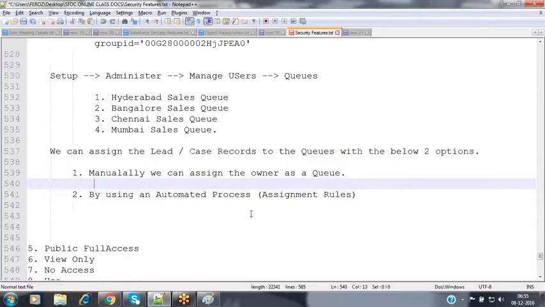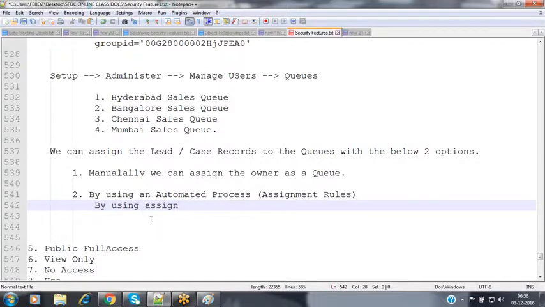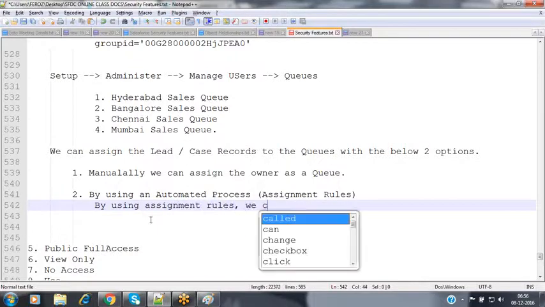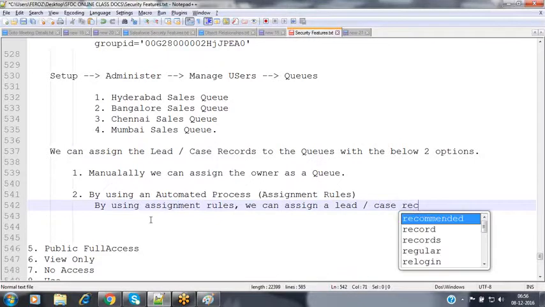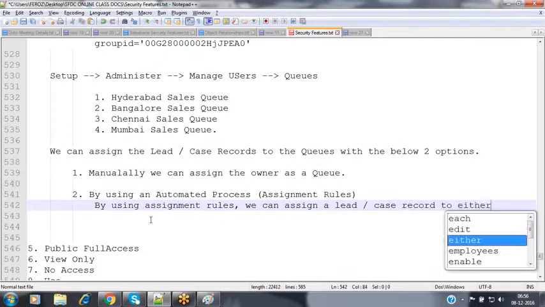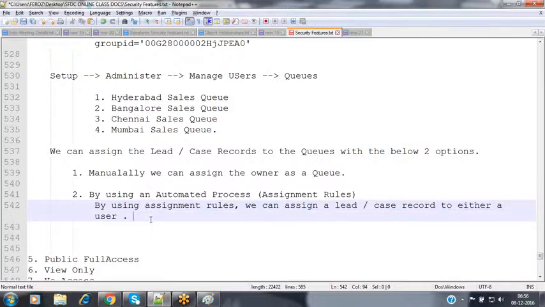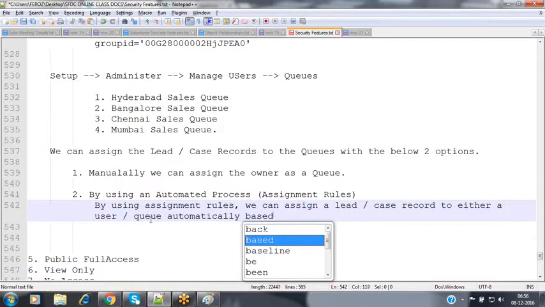Now, if I have thousands of lead records, how can we assign them manually one by one? For that, Salesforce gives one automated process called assignment rules. By using assignment rules, we can assign a lead or a case record to either a user or a queue automatically based on certain conditions.